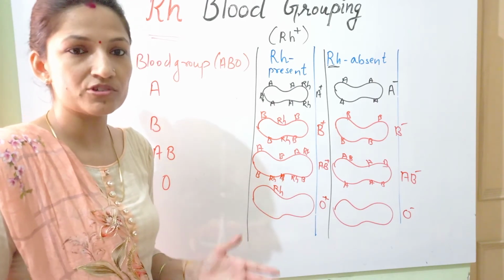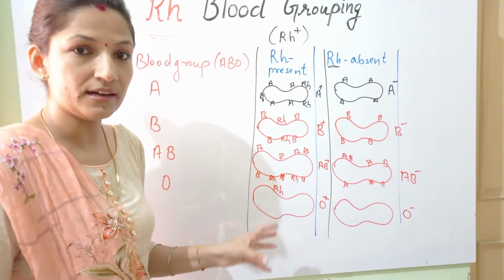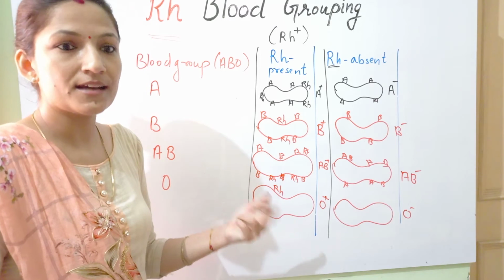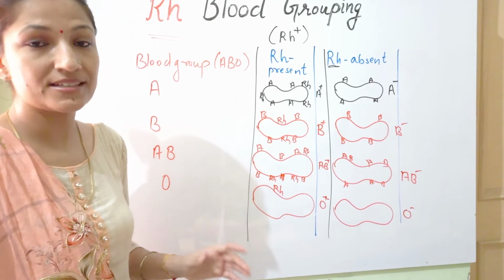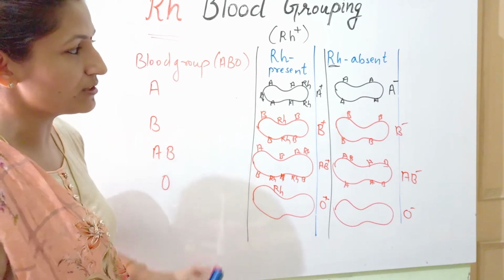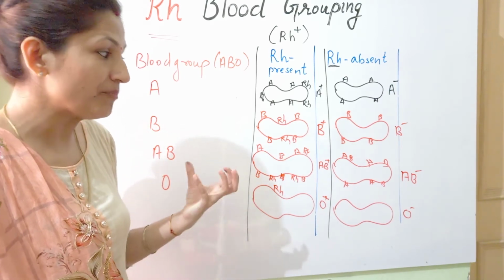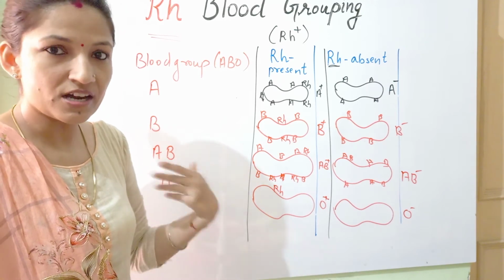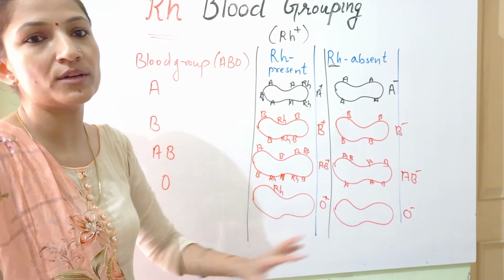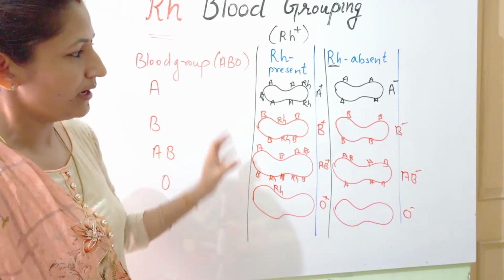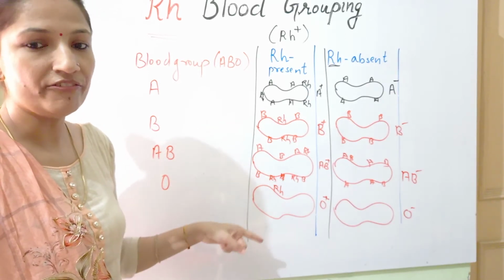So दोनों systems को हम लोग check करते हैं, ABO also and Rh also. So on the basis of their study, the transfusion, the grafting of the organ, that is going to be considered. That is going to take place after taking out the result, after matching the blood groups of the persons, that they are compatible for the transfusion purpose or not. Okay, we cannot transfuse the blood of any person into any of the blood group. So these antigen presences are going to decide the compatibility of the blood groups.